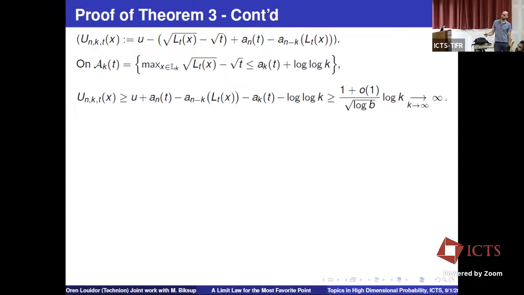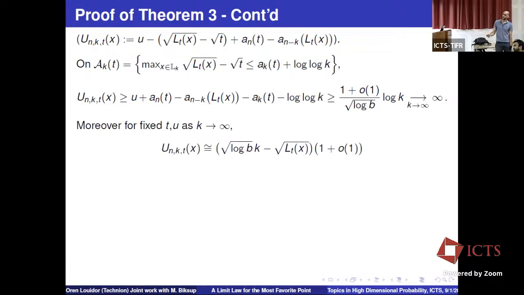Okay, you need to work slightly harder because a_n has other terms, but that's not so much of a problem. And then this grows. So indeed you are in the tail, so you can use the asymptotics, and moreover, you can show, and I'm lying just a little bit here, that in fact, remember that I'm fixing T and I'm fixing U